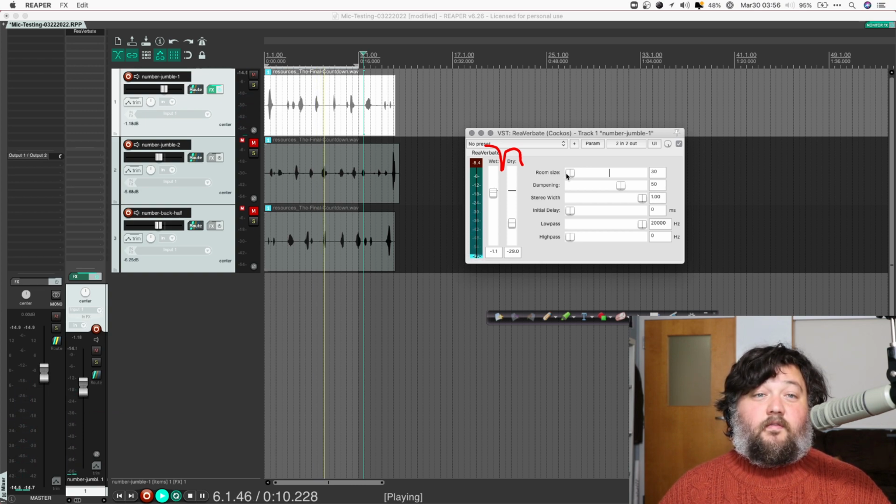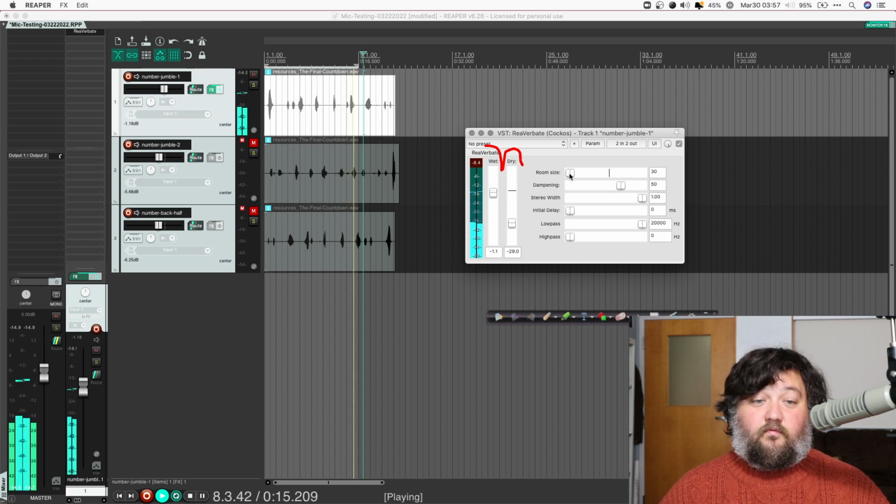The perceptual effect is a smaller sized reverb chamber or room. As I bring it up,